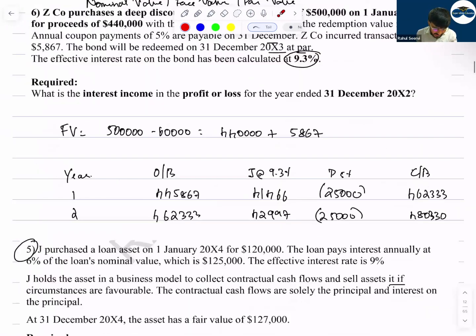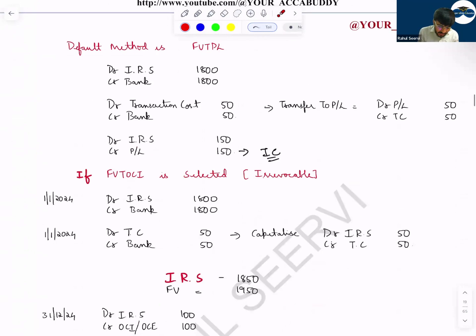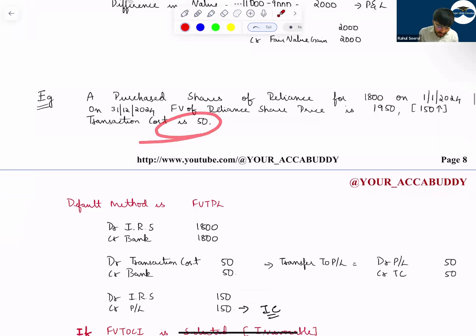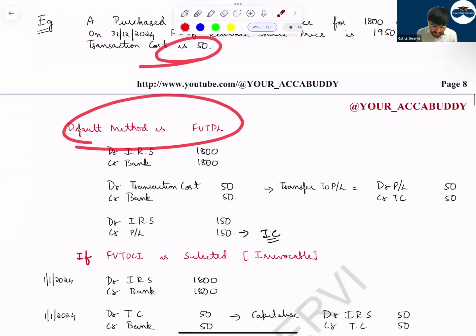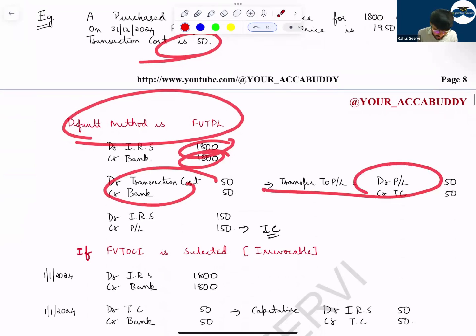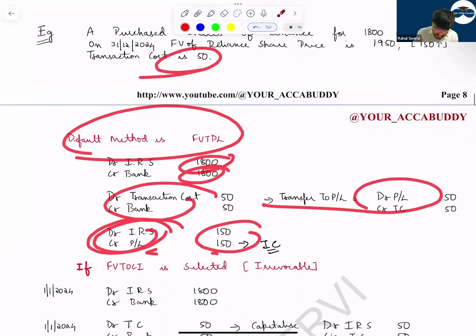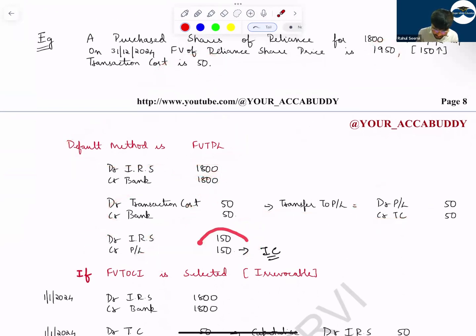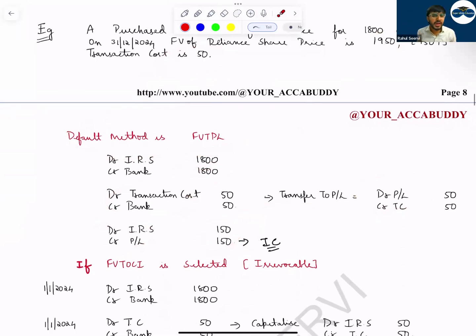Then we had seen a basic example regarding this. A purchased shares of Reliance for 1,800 on 1st Jan 2024. On 31st December 2024, fair value of Reliance is 1,950. Transaction cost was 50. If the default method, fair value through P&L, is used, debit investment, credit bank. Then the transaction cost you will record directly into the P&L. Then the difference is how much? 1,800 and 1,950, difference is 150. The increase in value goes directly to P&L,